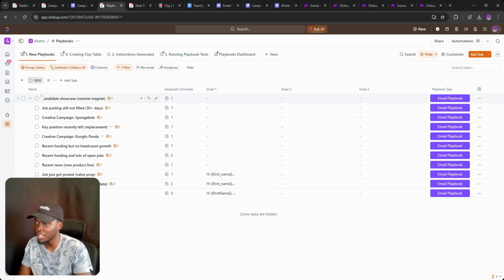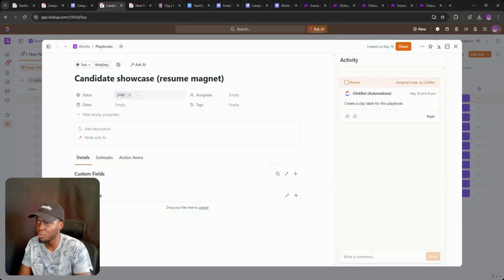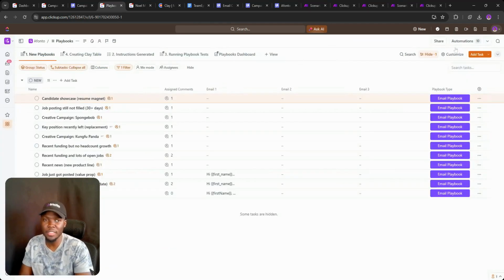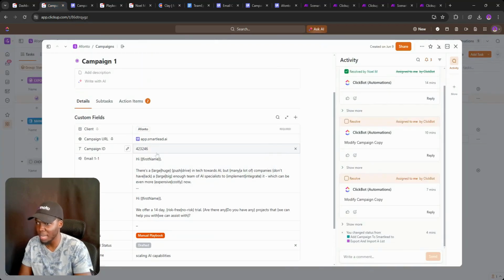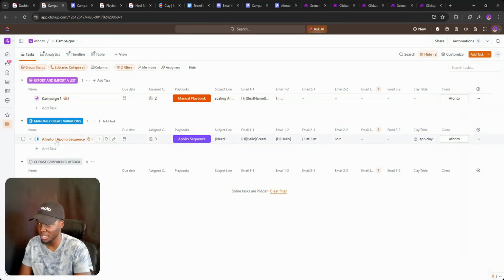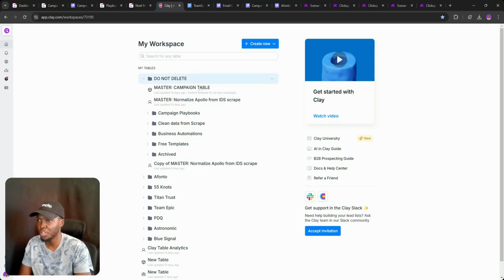And so now I would simply need to grab that and then go through the process, right? So generate the instructions, run playbook tests, create the clay tables, and all of that stuff. One thing that I totally forgot to mention, when we go back to the actual campaigns as we were creating them, these campaigns have clay tables. So as you can see, the Afonto clay table has a clay table, and this is because it was an actual sequence. And this sequence, what it basically did is it duplicated it using